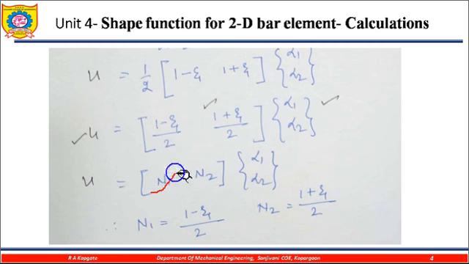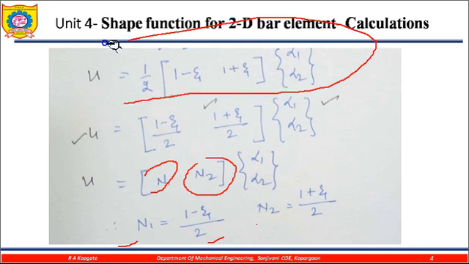So this is my N1 shape function, multiplied by this one. N1 is equal to (1 plus xi) upon 2. This is 1 minus xi, this is 1 plus xi. Now how this term comes, this is very important. This term comes